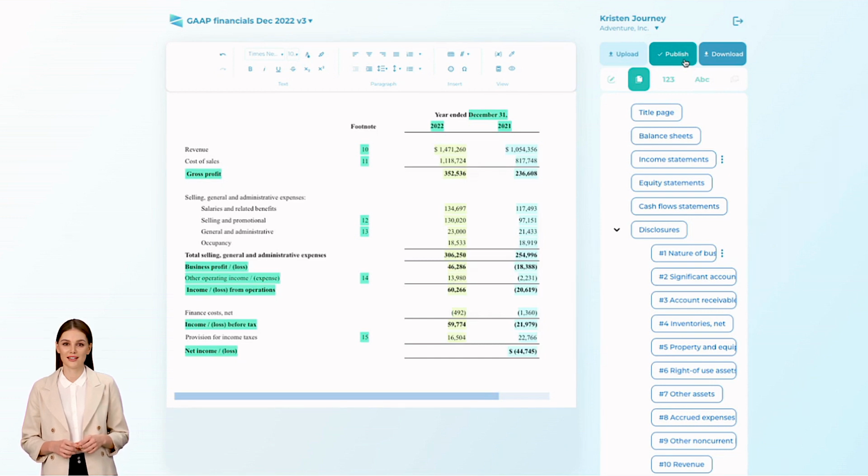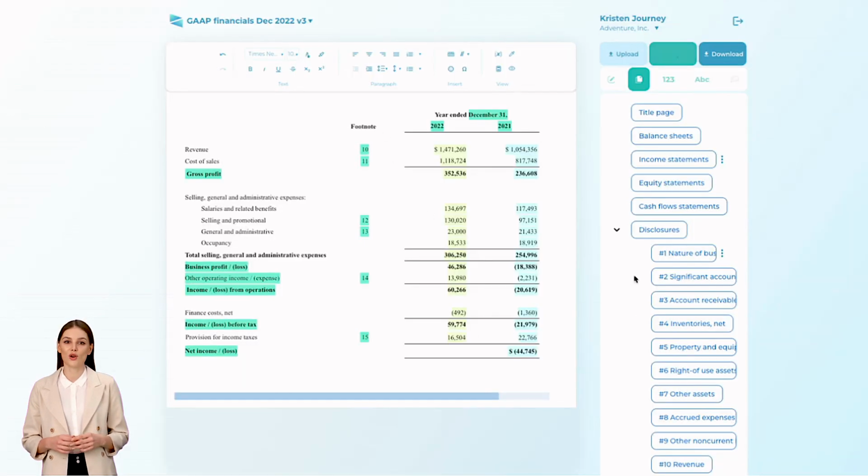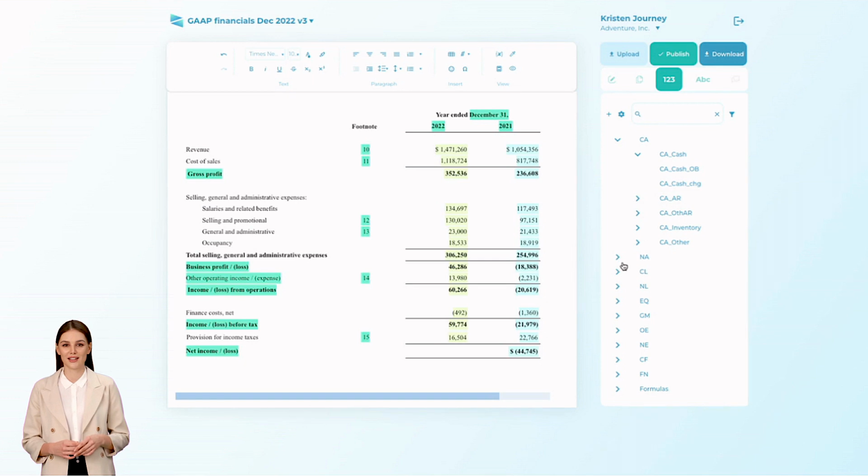As we said in the beginning, it all starts with your Excel reporting file. During the onboarding process, our team will help you set it up in a proper way in order to maximize the automation level. Once you upload it here, a list of your accounts will show up on the number screen. They are organized here by levels, and you can expand or collapse each level as needed.